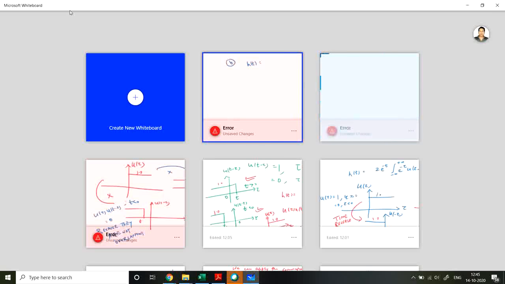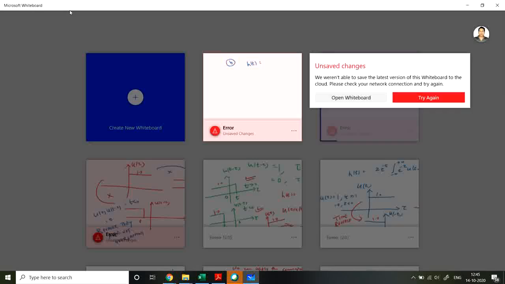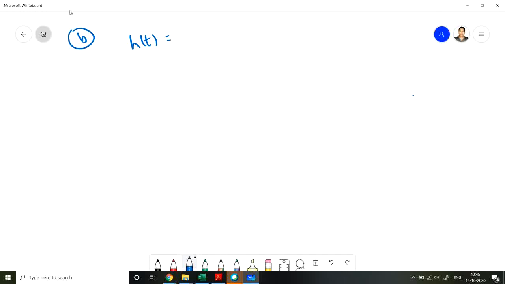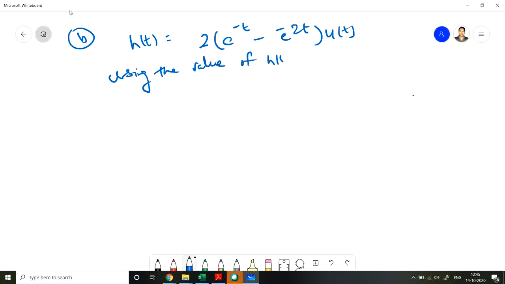So h(t) is equal to 2e^(-t) minus e^(-2t), multiplied by u(t). This is our h(t). Now we need to find out the stability of the system, so using the value of h(t), we have